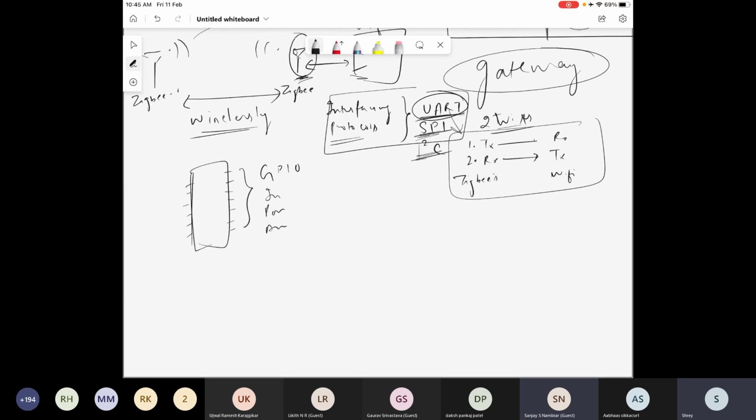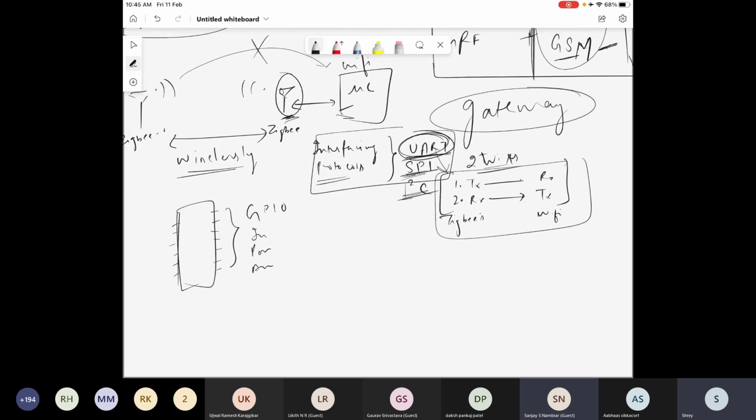For UART, we always have these two pins in all the modules and all the microcontrollers. In the Zigbee module, we will connect the TX pin of Zigbee to the RX pin of the Wi-Fi microcontroller. Then we have the RX pin of Zigbee, which we will connect to the TX pin of